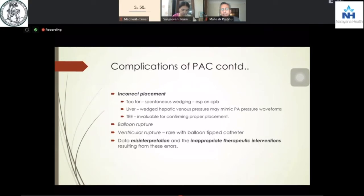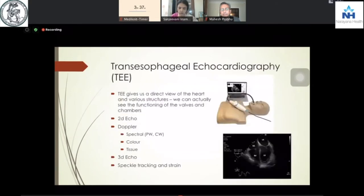So transesophageal echocardiography is invaluable in confirming proper placement. And one of the most important things to remember is that data misinterpretation, and inappropriate therapeutic intervention resulting from these errors, is an important complication. Now let's move on to